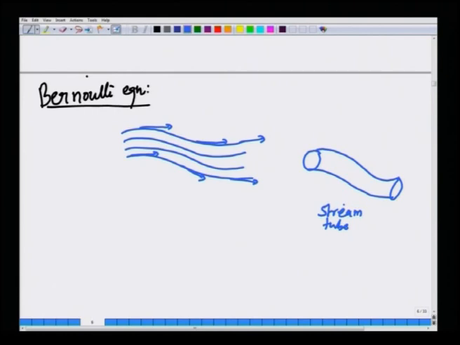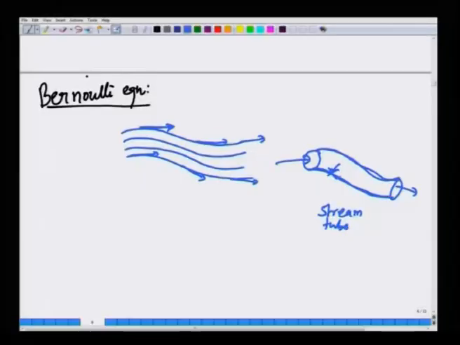It is a bunch of streamlines that are collected together. It is like a tube. Okay. So, the stream tube, the surface of the stream tube itself are comprised of streamlines. Okay. A basic definition of streamline is that fluid velocity is tangential to the streamline and there is no flow normal to the streamline. So, therefore, the stream tube is almost like a tube of a complicated shape, but it